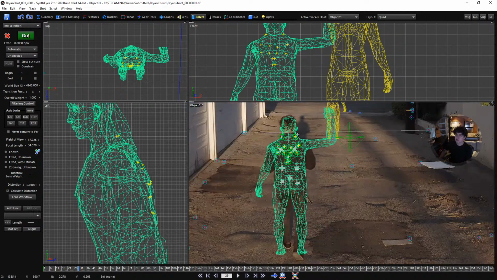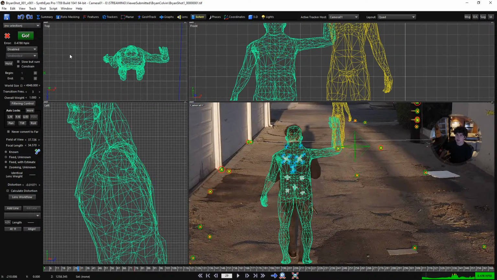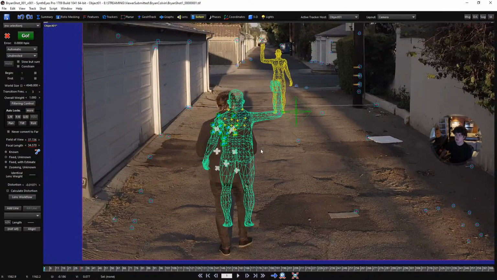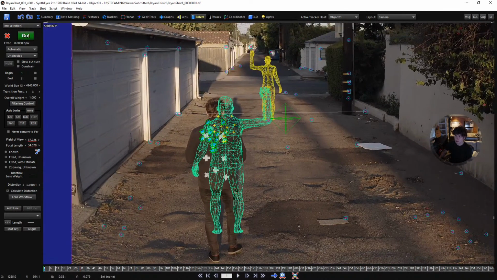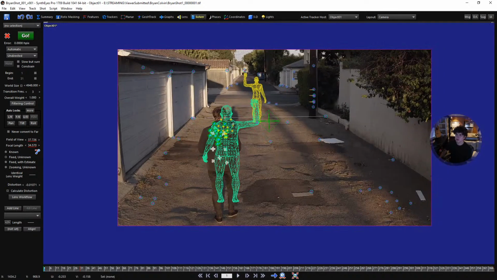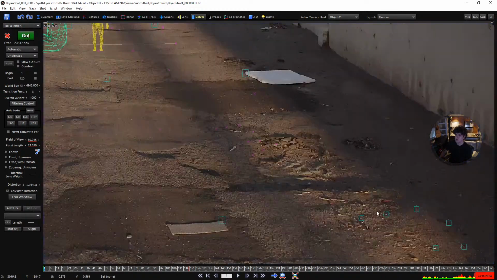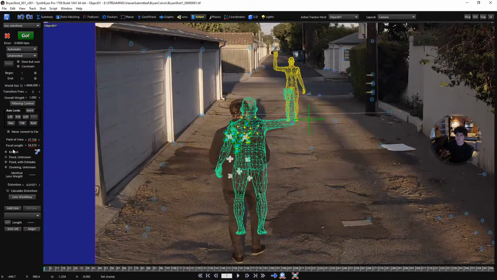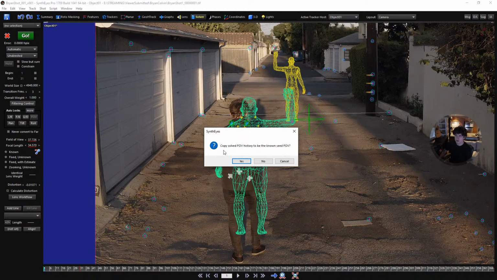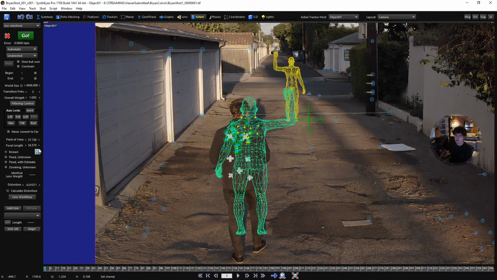I'm going to go ahead and do a solve now. I think I disabled the camera. Yes, I did. So I'm going to go back, object. I'm also going to make sure that this object does not resolve my focal length. If I solve now, you can see the camera is now screwed up. So I'm going to undo it. Change your focal length to known. And yes, just hit yes, copy the field of view history. Yeah, it's fine. And now the focal length will stay the same. So if I hit Shift G,